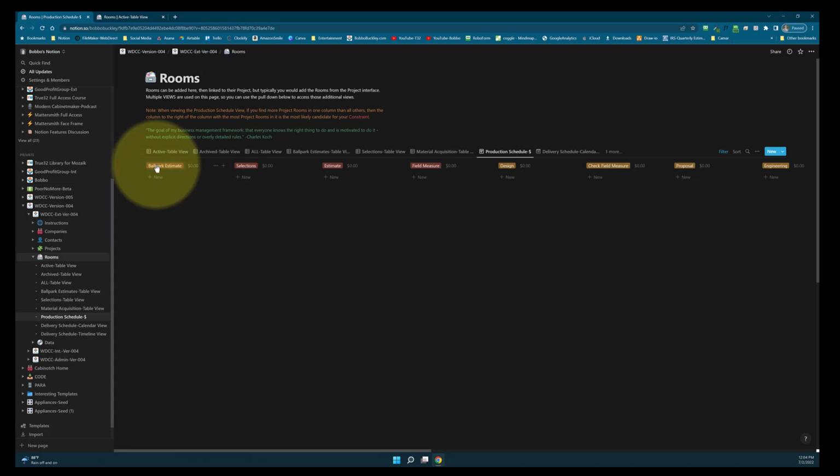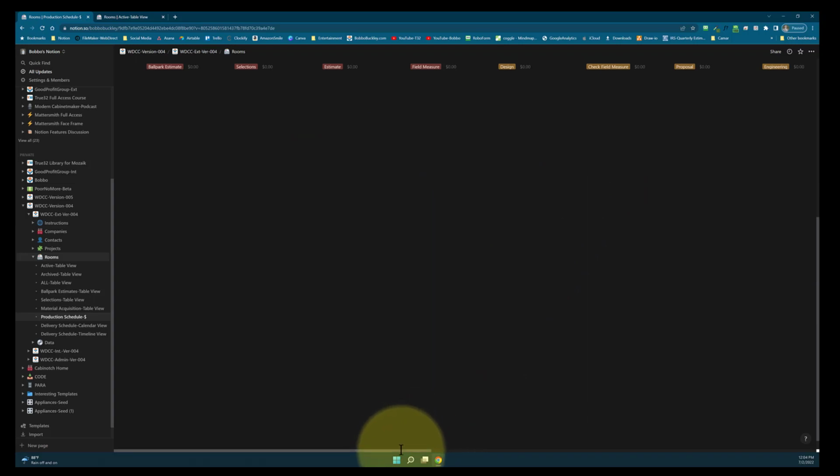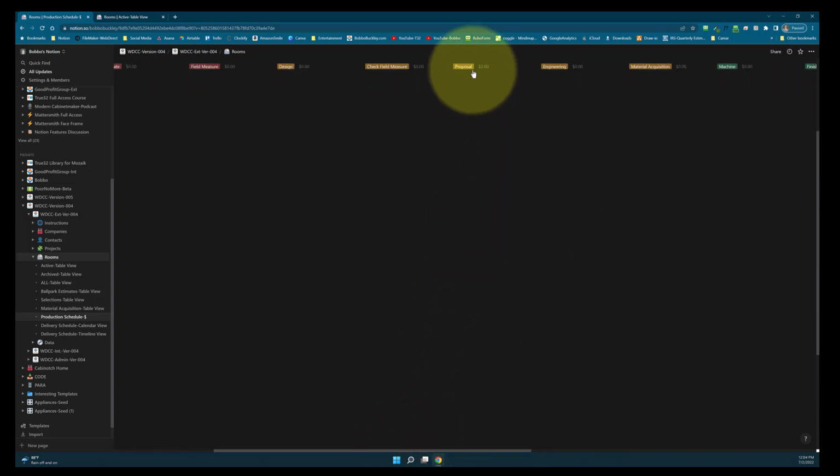But these are color-coded intentionally, and we'll understand that as we go. So the very first step is always to give somebody a ballpark estimate to qualify them. Once they've said, yes, we can afford your cabinets and we can wait on your cabinets, then we're going to get their selections from them. Then we're going to give them an estimate. Then we're going to go out and field measure their project. Then we're going to design their cabinetry. Then they're going to take those drawings and go out and double check the field measurements. Then once we've double checked the field measurements, we will provide them with a proposal, and then we will engineer